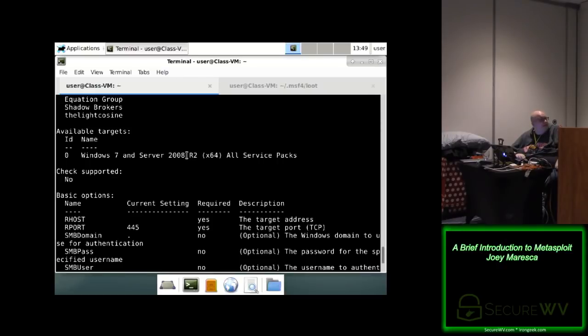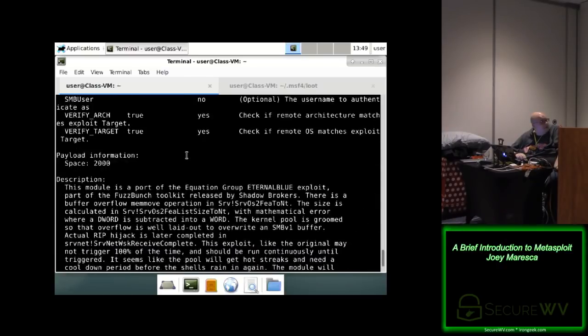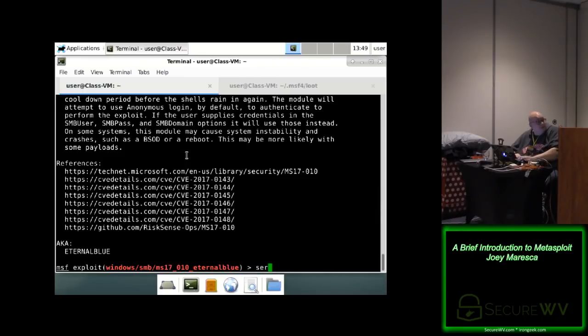Somebody made an extended one that works on 8, and another one that works with other versions. But in theory, this should work with just setting the